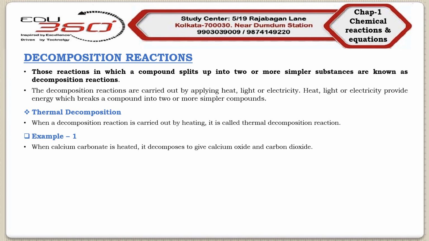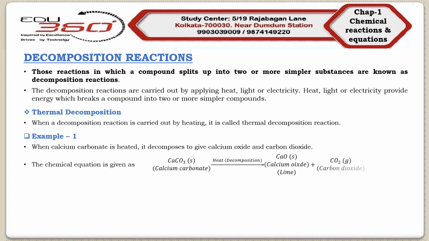The chemical equation of this reaction is given as CaCO3. Now in this case we are applying heat, so we need to mention this condition. Over that arrow we have written heat,